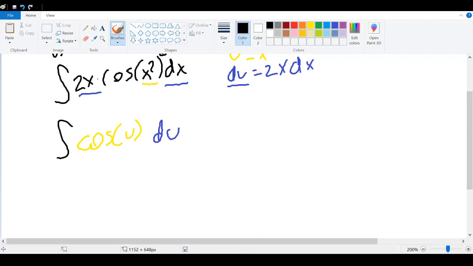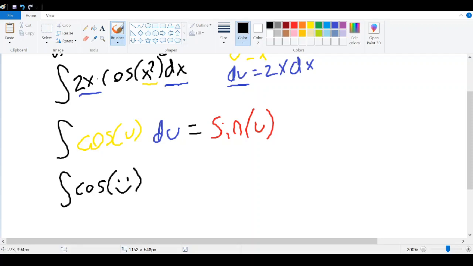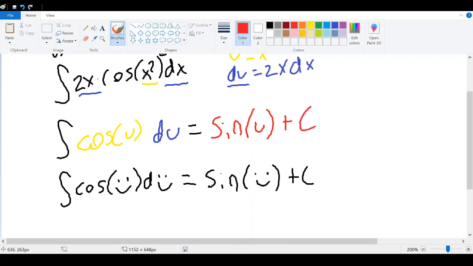The integral of cosine u du is equal to exactly what you might think, sine of u, because it doesn't matter what the variable you integrate. Like this could be the integral of cosine of smiley face, d smiley face. And when you integrate this, the answer will be sine of smiley face plus c, of course. So we are going to add this plus c. But it doesn't matter,